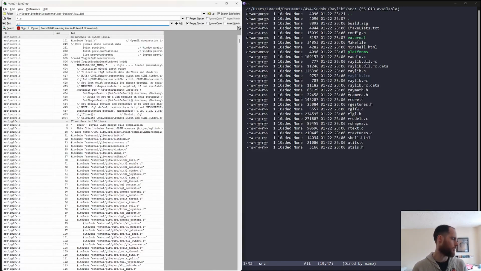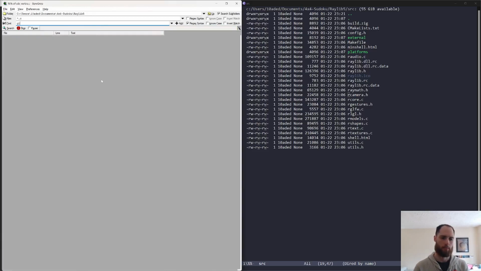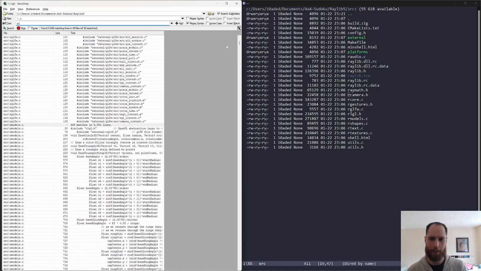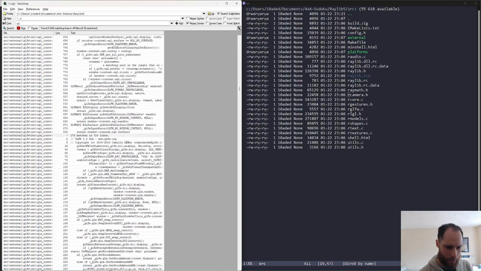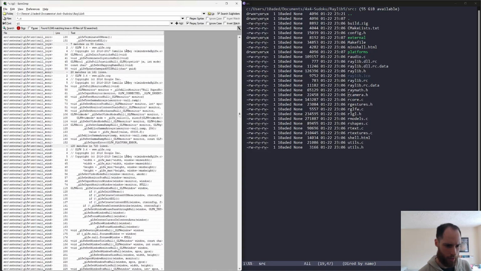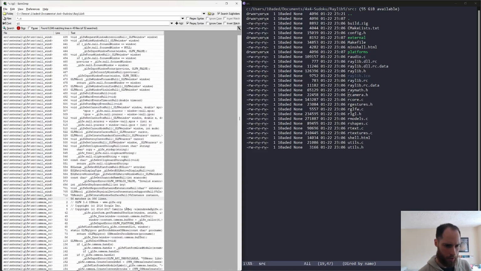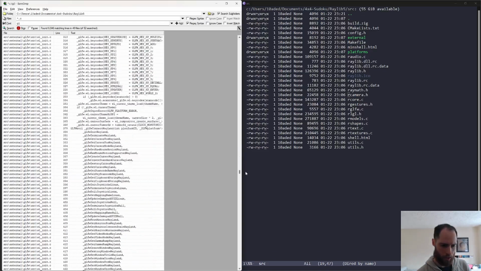Like GL draw triangles. I'm absolutely certain it's GL. This is actually the first time I'm looking though. Maybe I'm wrong. But yeah, it's calling GLFW, which is the C library to spawn windows on which to draw GL commands, and then